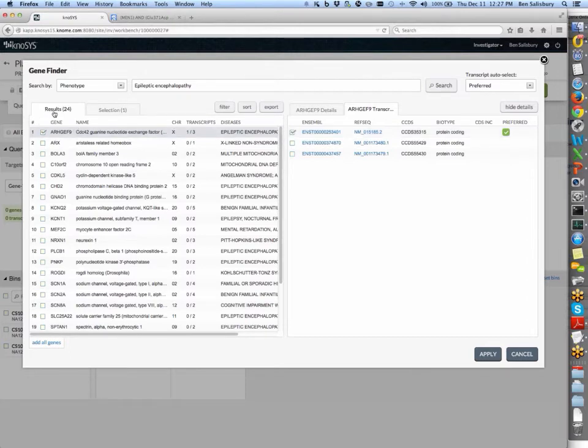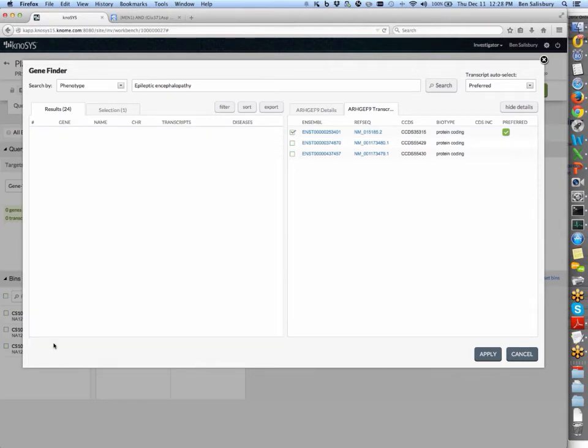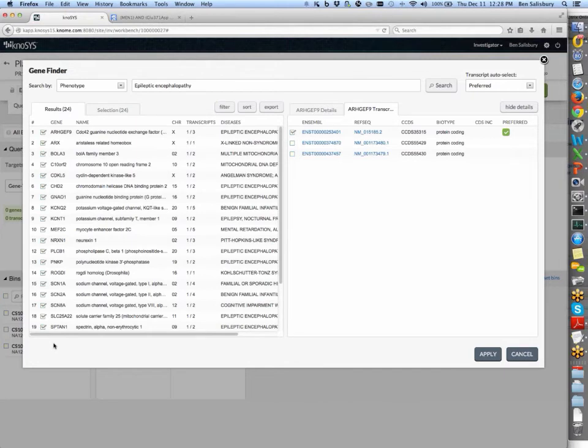So we've now added it, taken it from our results and moved it into our selection. I manually selected that. To save time, we can just add all of the other genes. So let's just add them all, and it's choosing default transcripts here. We could have been even more generous and asked it for all of the translatable transcripts, but for now,